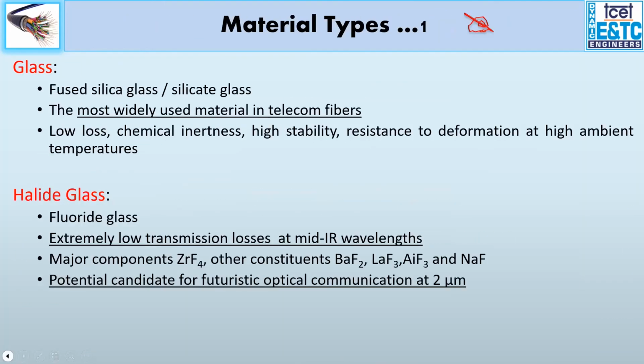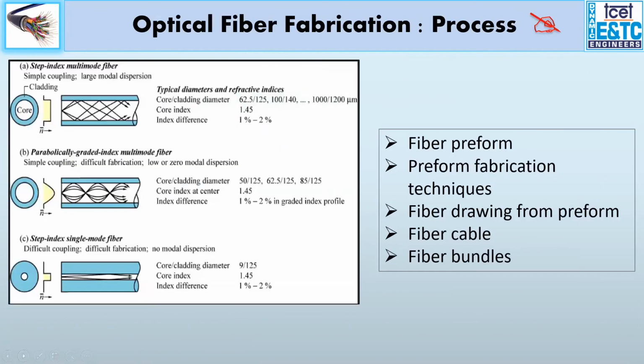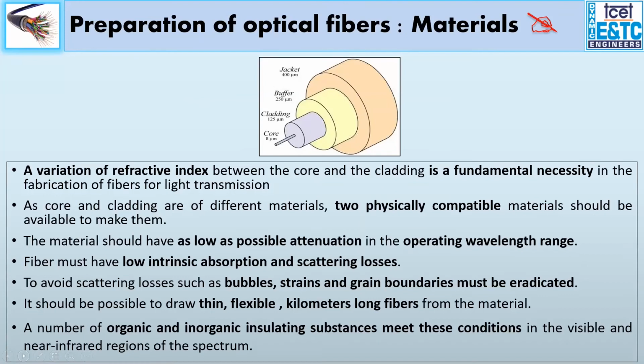I'll just quickly revise what we have done today, because it's 11:50. I started today's lecture with the cutoff wavelength, which we calculated and did one numerical. We understood that the cutoff wavelength which we get for the limiting V number, that is the number of modes traveling through it, helps us to get the lowest wavelength. All the wavelengths above it can be used for transmission. The ones below cannot be used for the same V number, or the modes that we are expecting to travel.